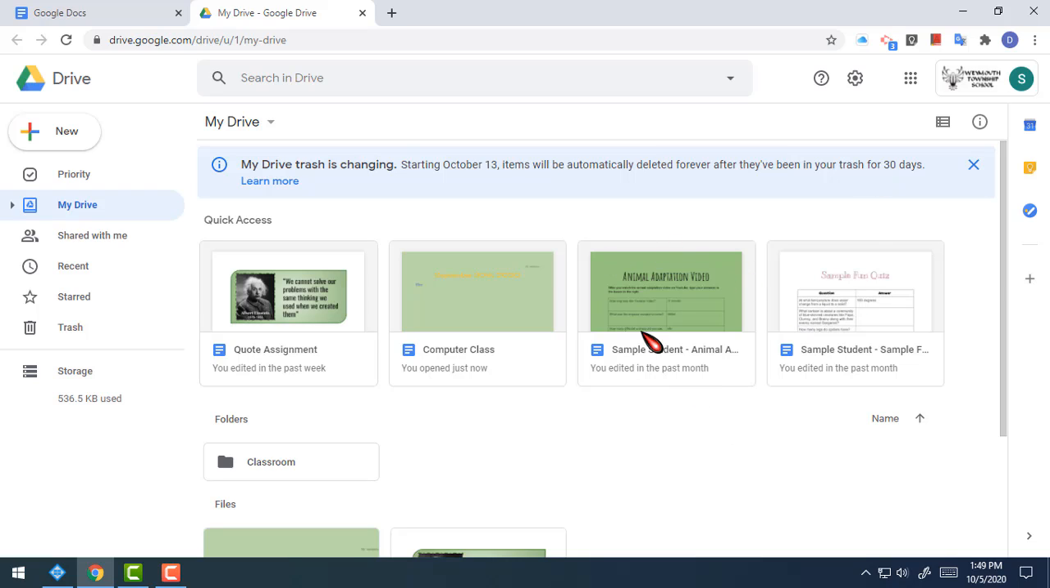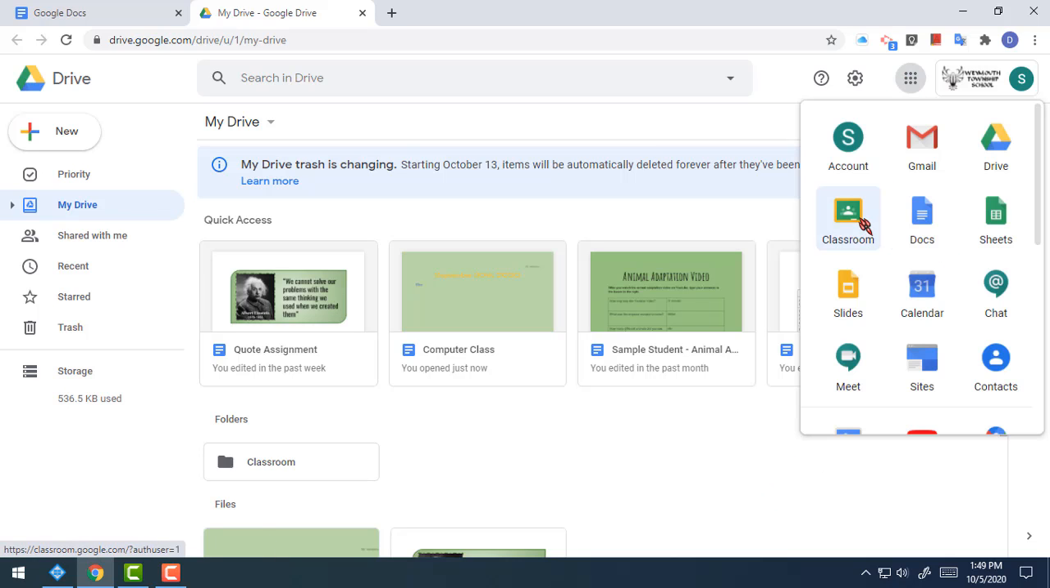We saw before when we had this little animal adaptation video assignment or the sample fun quiz, we saw how to submit that. Those were things that were already made in Google Classroom that a teacher or myself attached to the assignment. But what if I didn't? What if I wanted you to make something from scratch and to attach it to an assignment and then turn it in? Well, look at my example right here where I'm going to go to Google Classroom and